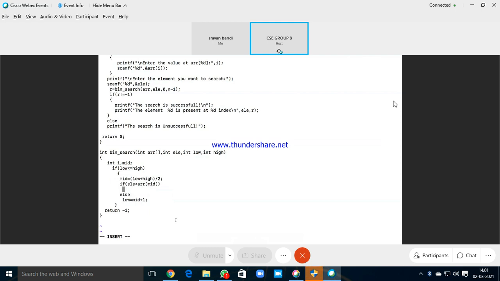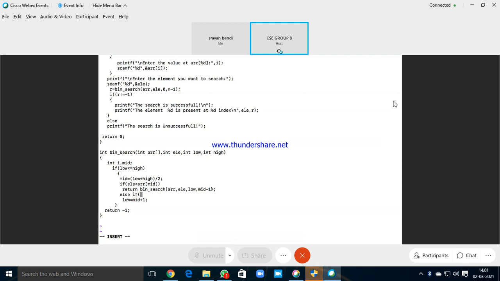So in recursion, how do you change only high? I should keep all the parameters same. Only high should be changed. High should be made mid - 1. So instead of high, I will simply pass mid - 1. That's it.